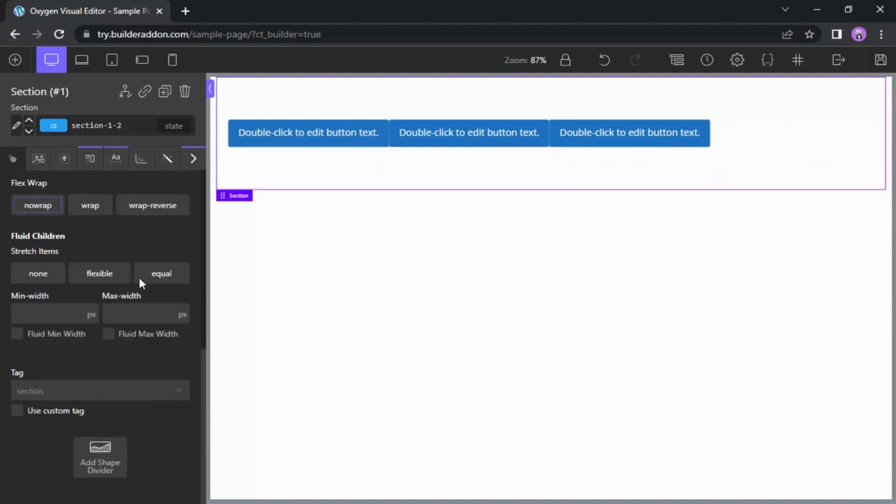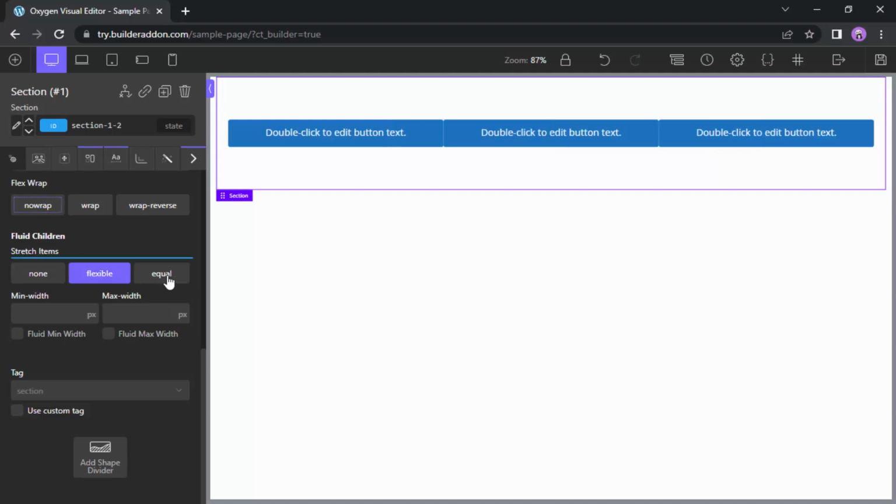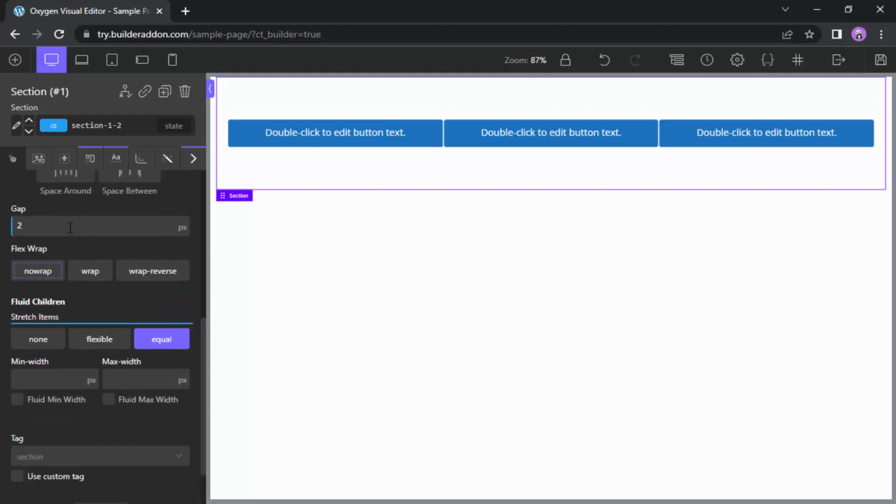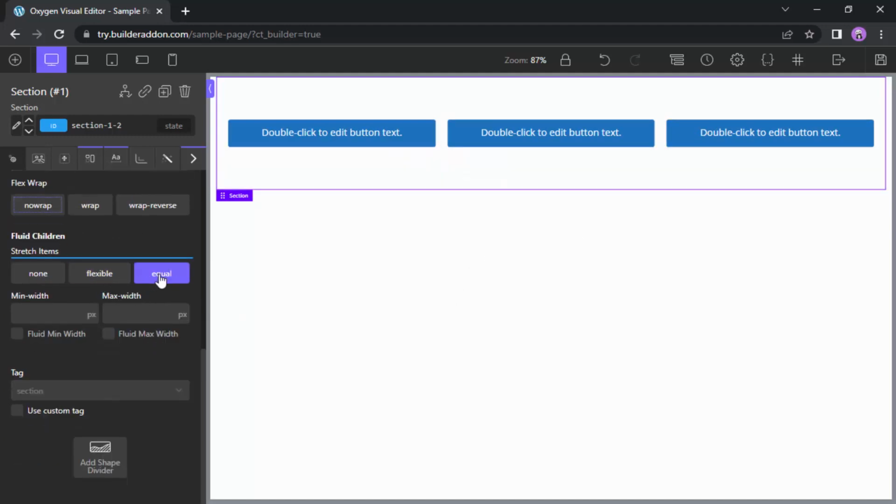For this, I'll go down, and here you will see some new options from BuilderAddon for Oxygen under this Fluid Children heading. From here, I can either select flexible or equal to have all the child elements stretched to fill up the entire space. I can also have a gap like 20 pixels in between these child elements. But you will also notice that flexible and equal are both doing the same thing, but there is a